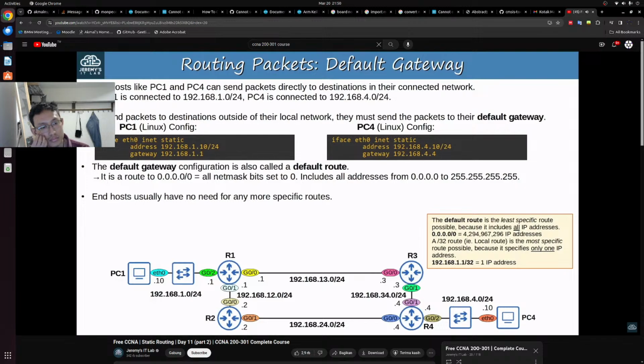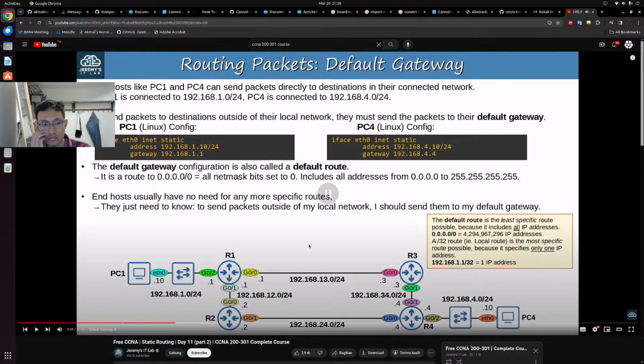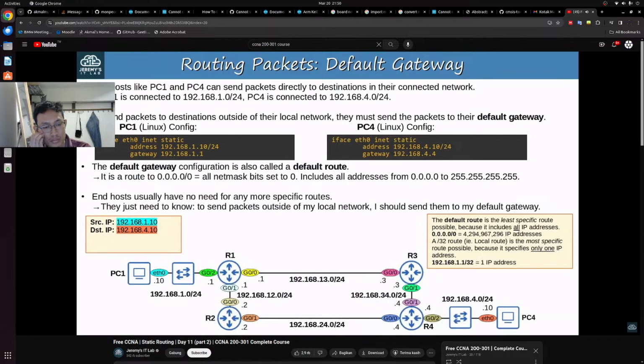End hosts usually have no need for any more specific routes. They just need to know, to send packets outside of my local network, I should send them to my default gateway. So if PC1 wants to send a packet to PC4, the source IP address in the IP header is 192.168.1.10,